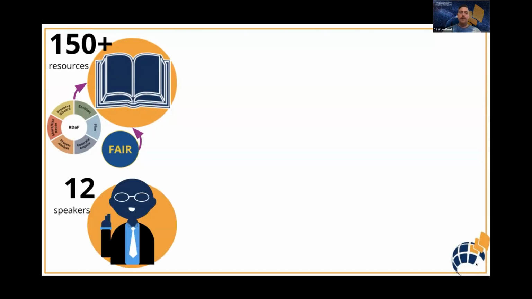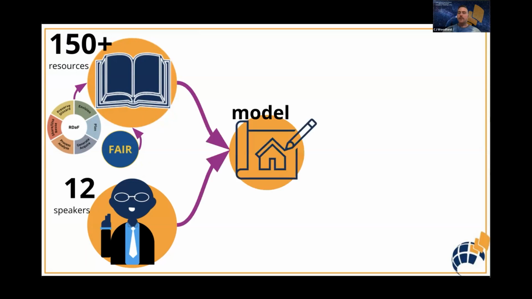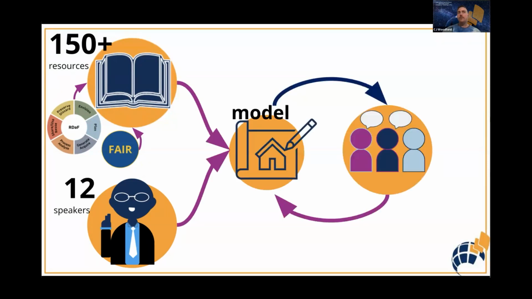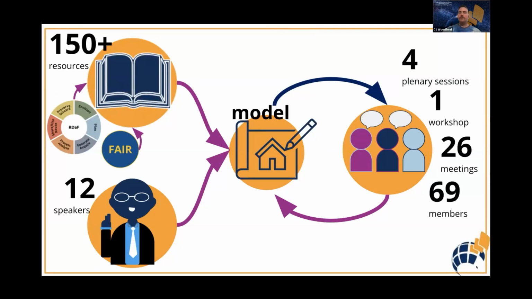into that literature review. We also had a speaker series from 12 different research organizations internationally that helped us to identify what is a commons and what would you need to consider to push forward open science and open research. These fed into the model, which was then iteratively reviewed by our working group. The working group was active over a couple of years, over 4 plenary sessions through the Research Data Alliance, 1 full-day workshop, which was very, very intensive, 26 meetings over those 2 years with about 70 members and 6 dedicated thematic task groups, some of which were working multiple hours a week on the model for a course of 8 months on top of their day jobs.